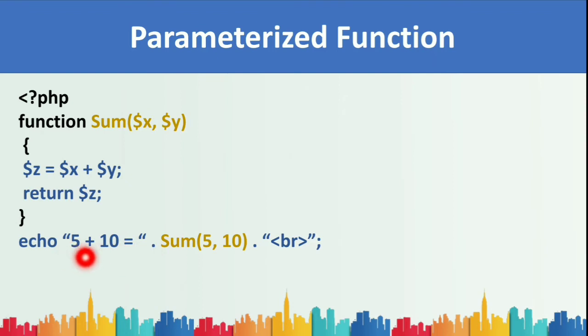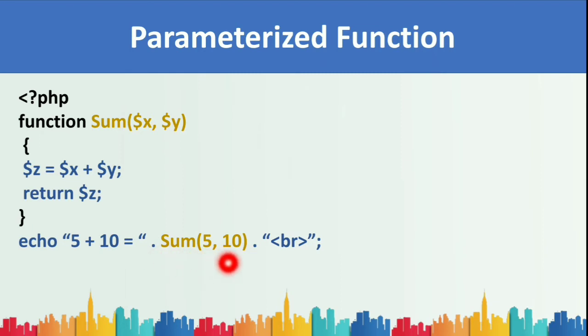Here inside the double quotes, we have 5 plus 10 is equal to. This calculation line will be written as it is. It will be printed on the screen: 5 plus 10 is equal to. Then comes the dot operator. We have learned about this dot operator in the previous class. It is concatenation. It joins the upcoming string. So here we do have sum(5, 10).